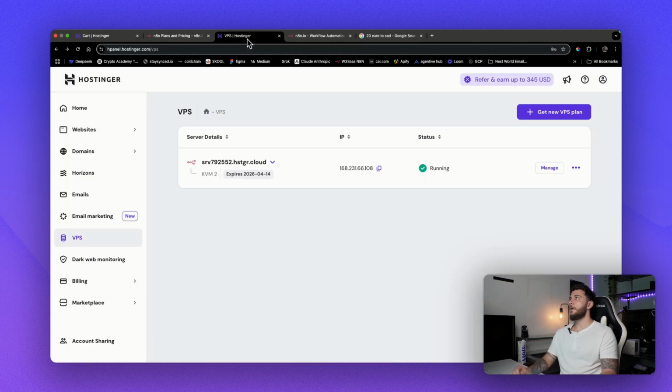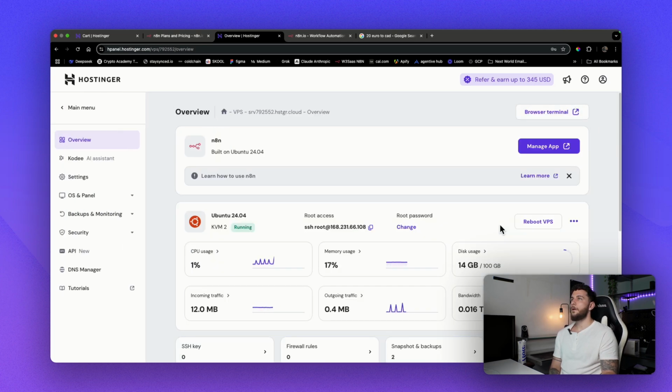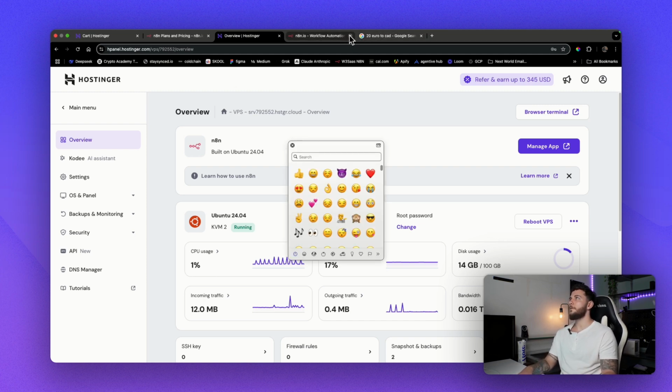And then once you are in Hostinger, you'll see all these options on the left, okay? You're going to select VPS. And then once you pay, you will have your own virtual private server here. So we're going to go here and select manage. Okay. And once you're here,